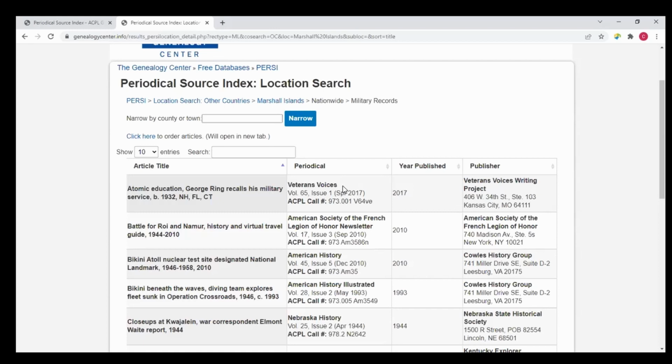Now, some library or libraries may be like 30 minutes away. Some libraries may be like 37 hours away. So that would be not very close. Your third option is to write to the Genealogy Center. Actually, to email us with the titles that you like. There's information again in your handout to help you do that.